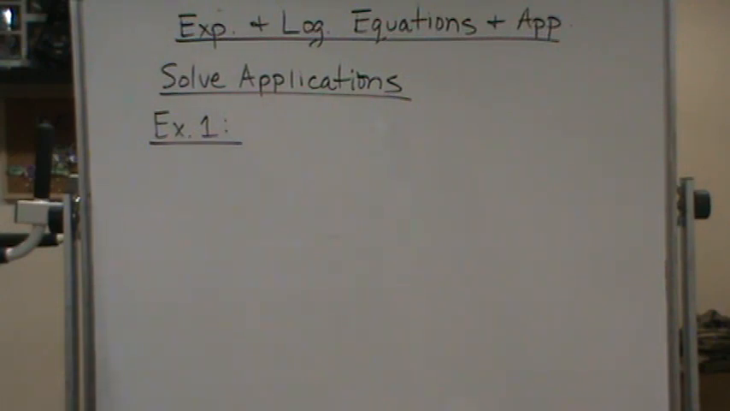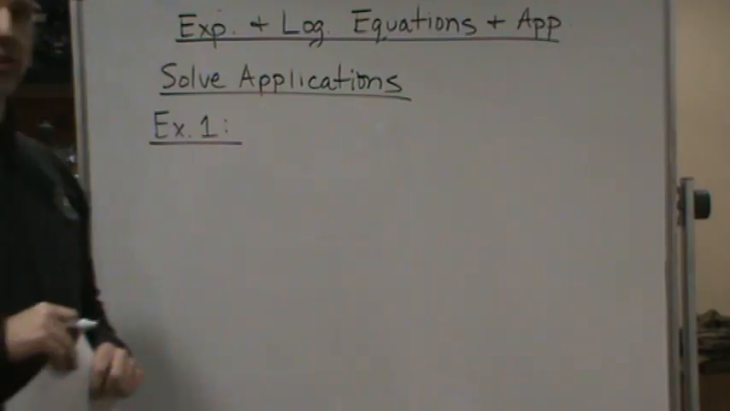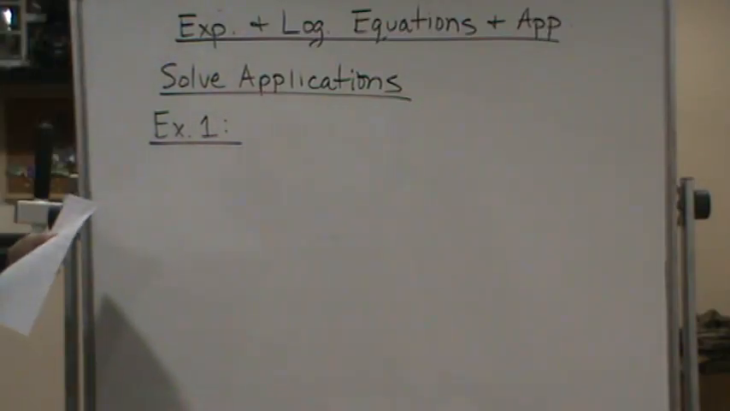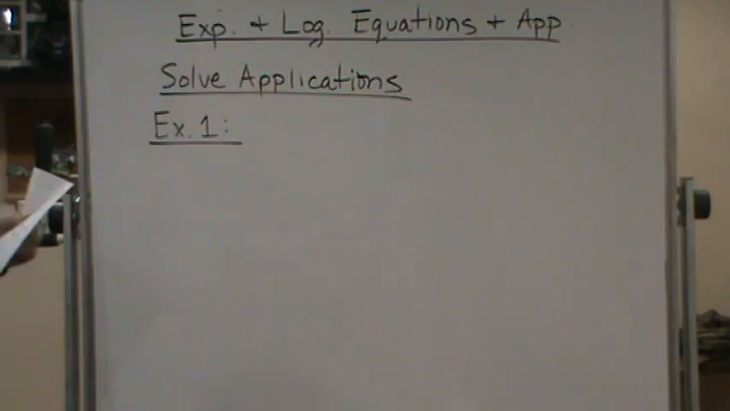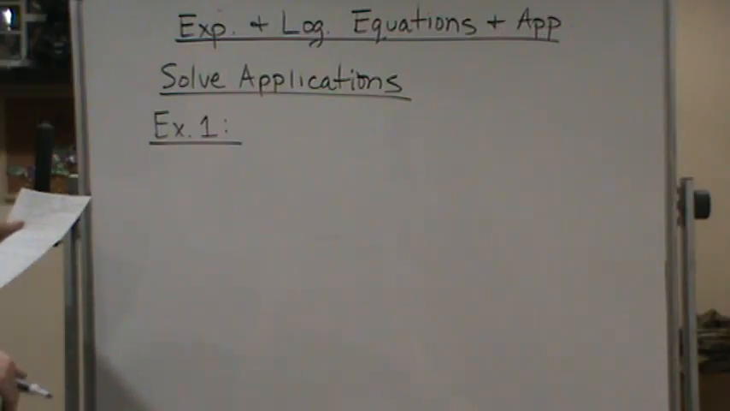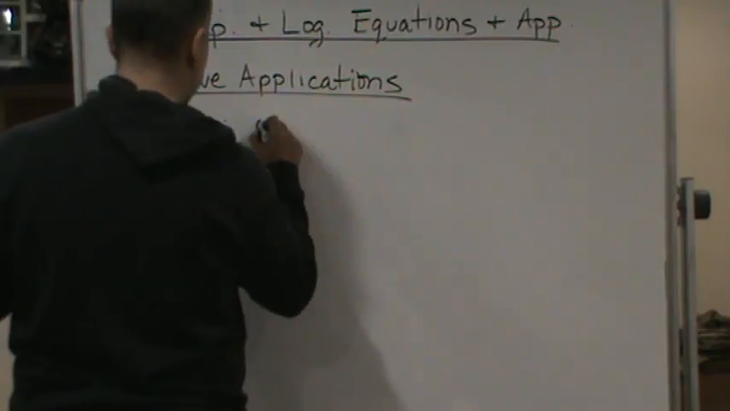All right, welcome back. Now what we're going to do is use what we've learned to solve application type problems. The first one says that a couple invests $8,000 in a bond fund. The expected yield is 4.5% and earnings are reinvested monthly. Okay, so that means the interest is compounded, right? So they want us to use